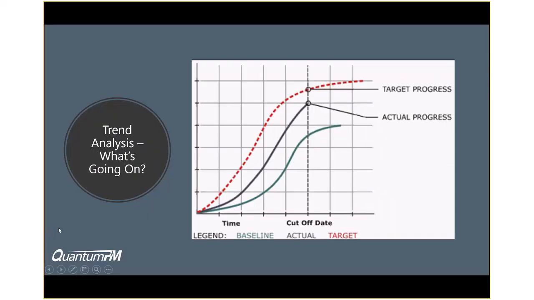I know I'm preaching a lot there, but now we'll move into some of the trending reports and move forward with what kinds of things can you get out of a system and how do you make that all work. So I'm going to take a quick break here before we switch gears into what trending looks like. Any questions on the kind of data or how you get the data into the system?